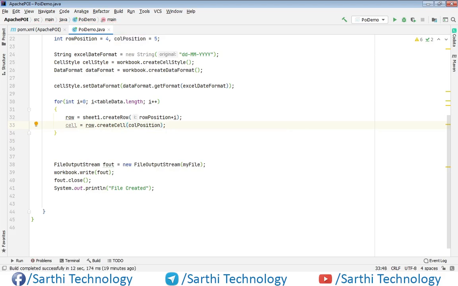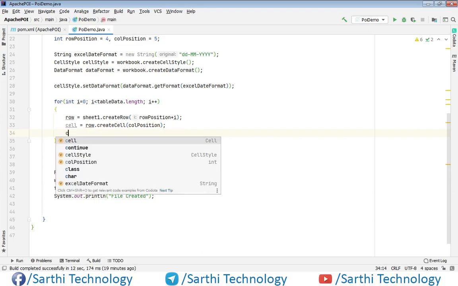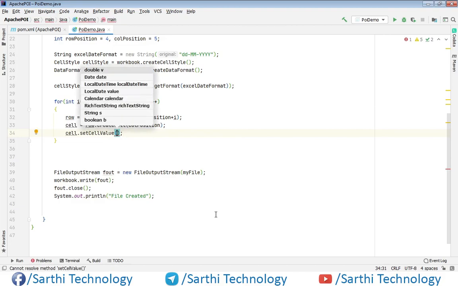Now cell dot set value, and here we need to create one simple date format object.